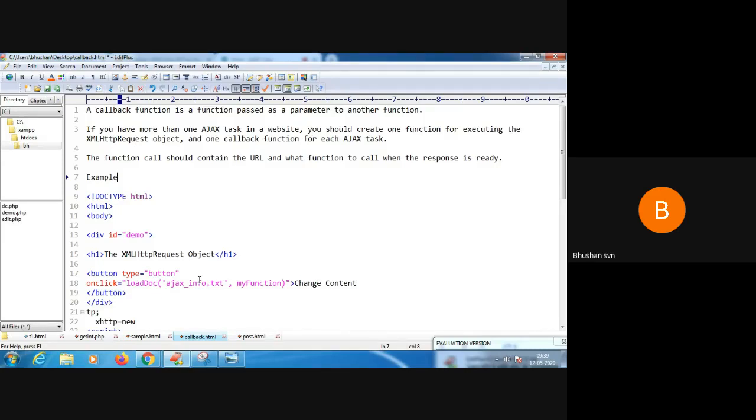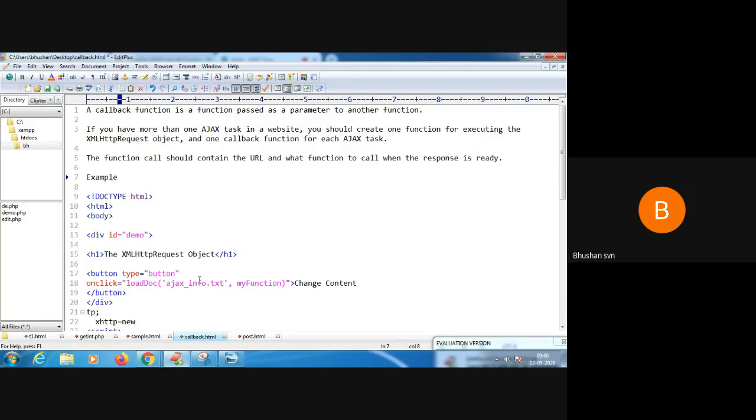This callback function will have some syntax, which contains a URL and what function to be called when the response is ready. You should know response ready means the request is completed, where the readyState will always be equal to 4 and the status will always be equal to 200.